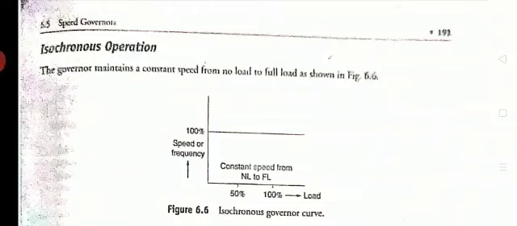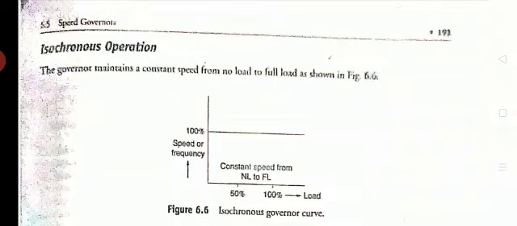But in an isolated system, only a single generator is responsible for sharing the load. Hence in the isolated system, since the load change is controlled by a single generator, the frequency will be maintained constant. There is no deviation in the frequency. Even if there is any deviation in the frequency, that is not going to affect much the operation of the generator.